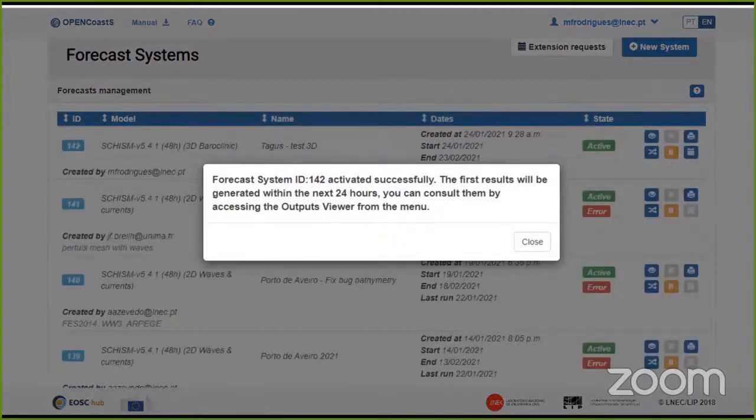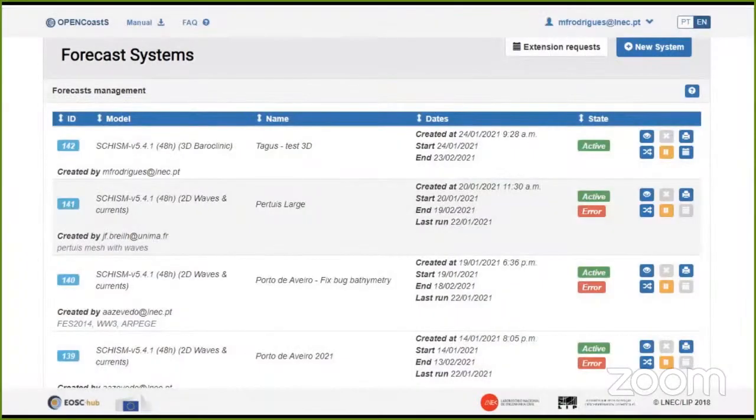So when we activate the forecast, we receive a message, and please note that the first results will only be generated within the next 24 hours, and after that you can consult them in the outputs viewer. Okay, so this is the end of this demo about using OpenCoasts to set up a 3D circulation.